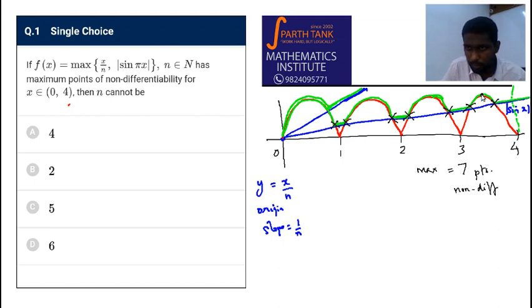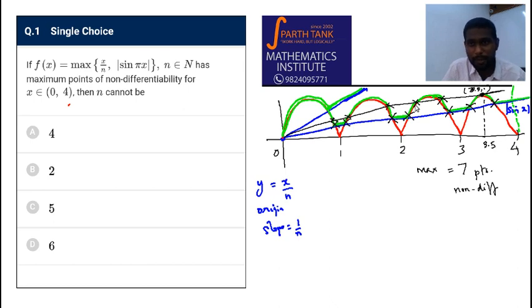From here to this point, tangent at this point, it is going on like this, and it is tangent at this point here. Now this will be 3.5, and the maximum value of sine is 1. So this point is 3.5 comma 1. Now if there is a line like this, you see it has only 1, 2, 3, 4, 5 points of non-differentiability, and this won't be a non-differentiable point because from here on the curve is smooth. So anything below this, it will cut at 7 points.